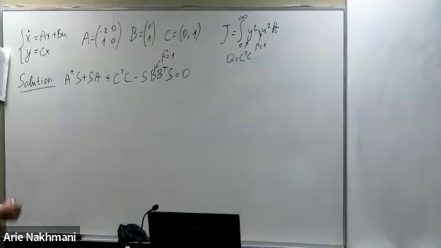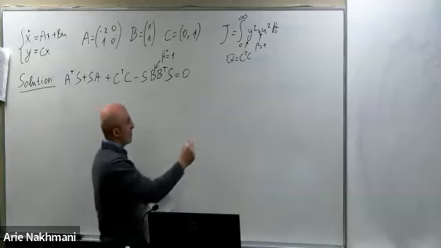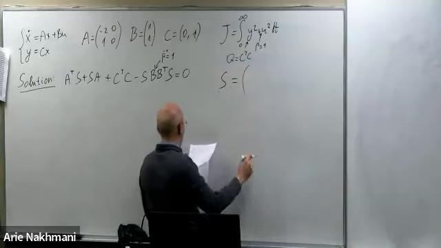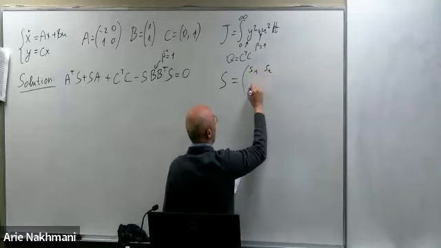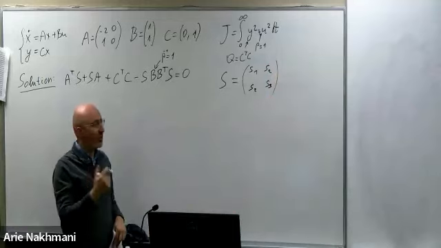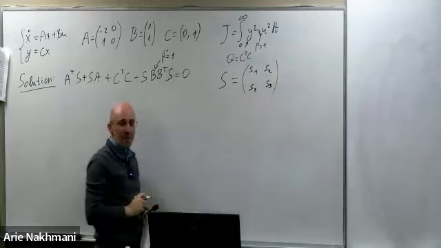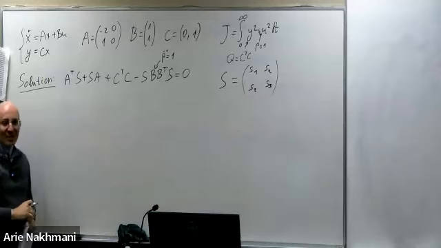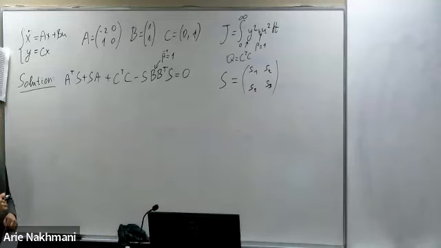Okay, so let's substitute all of the matrices and see what happens. We will substitute S equals [S1, S2; S2, S3]. Since this is a symmetrical matrix, it needs to have the same element here and there. Then we'll have 3 quadratic equations instead of 4. And pay attention that these S numbers have nothing to do with eigenvalues or anything like that. It is just incidental that they are also called S, because they are elements of matrices. Nothing to do with the roots.